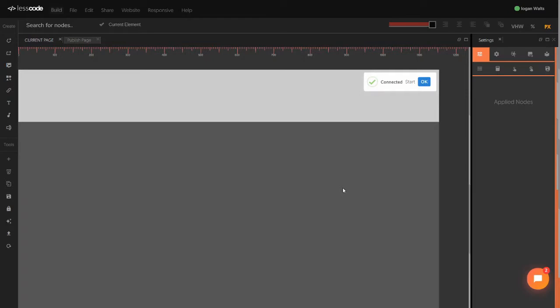So we are going to start by looking at our interface. Now when we look at our design interface, we can see that when we hover our mouse over the interface, there's a red dotted outline that comes around. Now Lesscode has a few elements and it's organized in particular ways. When I hover my mouse over this, you can see it's selected, it turns orange. Now when I click on it,